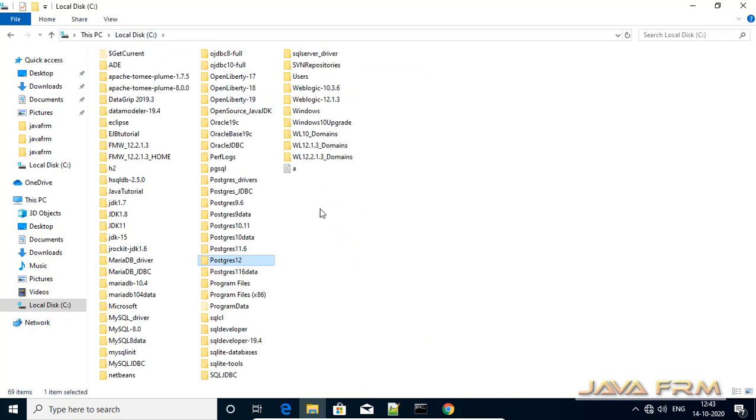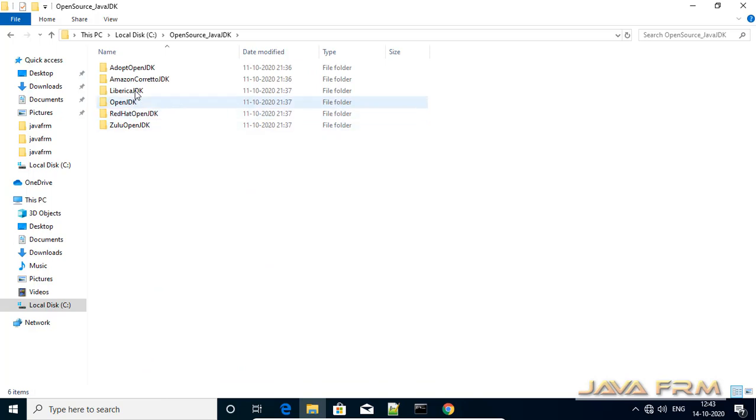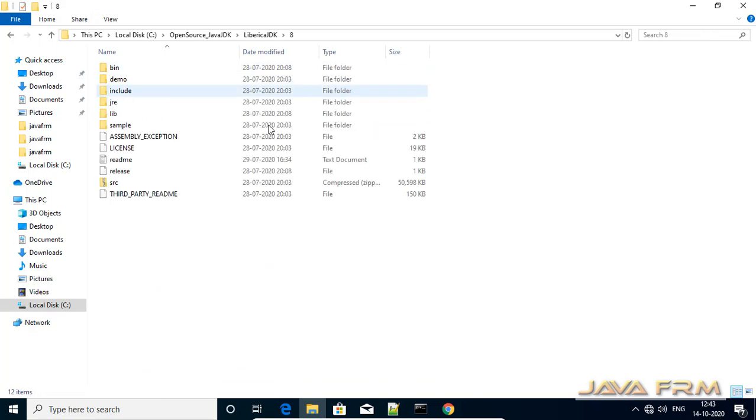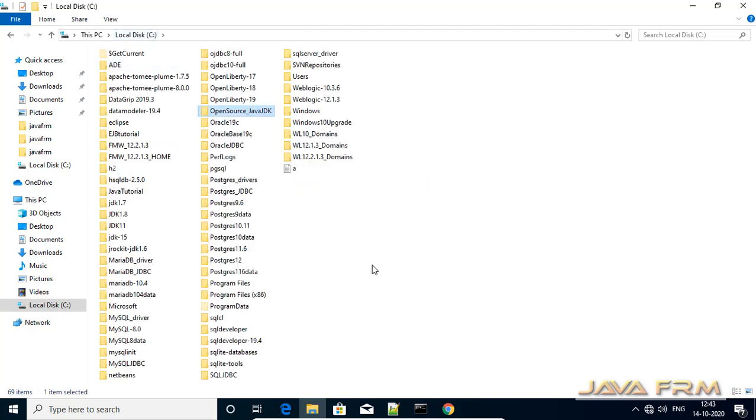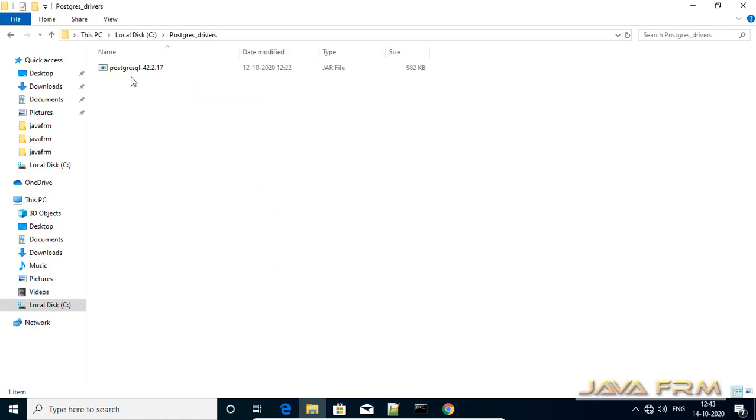So next, this is Liberica JDK8 which I have already installed from Bellsoft. So this is a clone of the OpenJDK8 project and it's free to use, OpenJDK8 from Bellsoft. And a very important thing is here you can see that I already downloaded the PostgreSQL JDBC